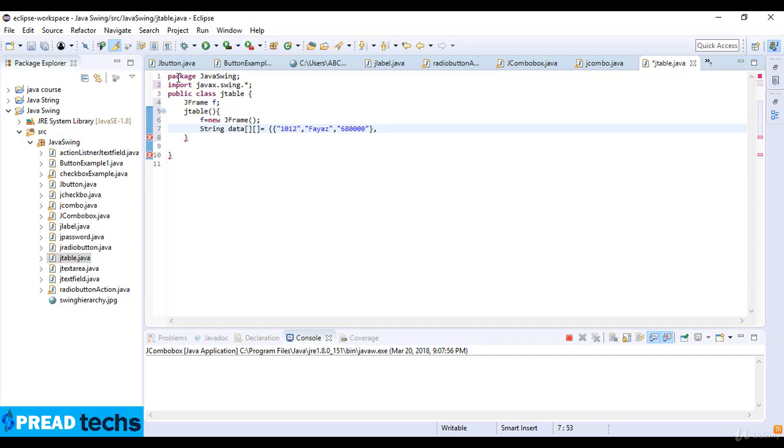Now here I just write ID number 1013, and then I just write Khan, and then salary. So salary is 8 lakh. Okay,